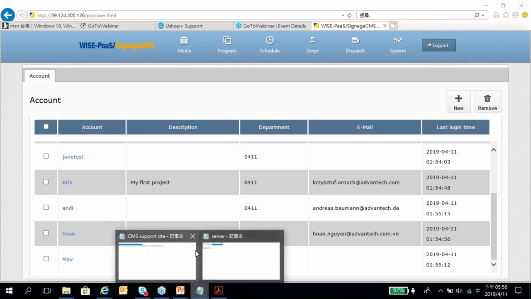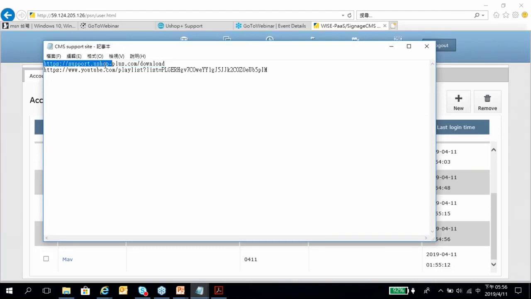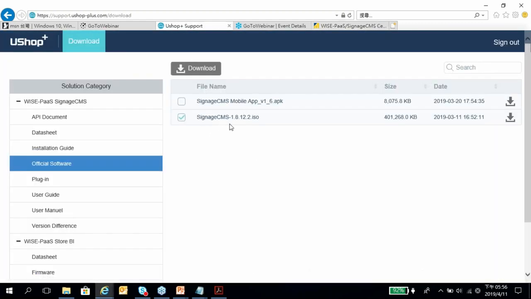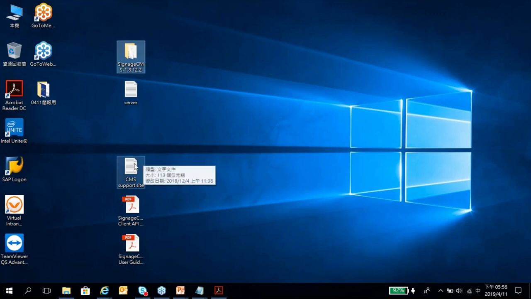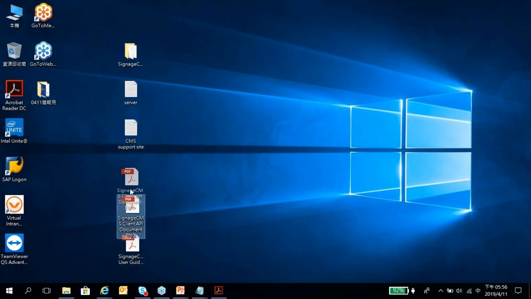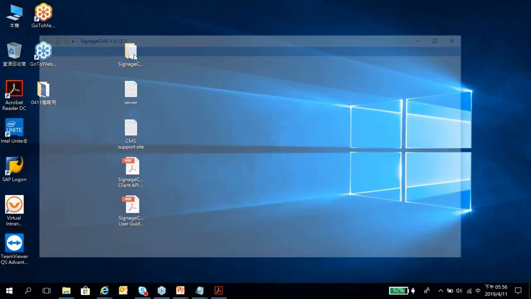And during the break time, I think our ISO file has been downloaded, right? Our file, this .iso, SignageCMS 1.8.iso. If you finish download it, and actually the ISO file can be unzipped by WinZip or WinRAR. So after you unzip it, you will have this folder, and this folder